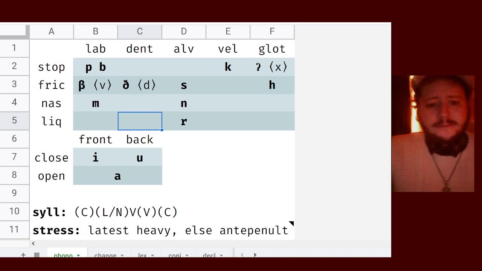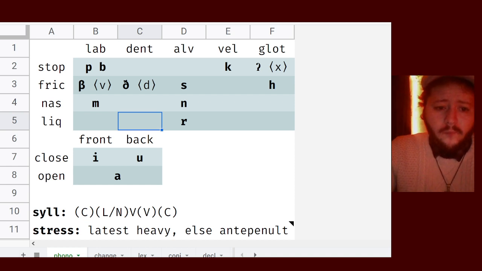It doesn't change the meaning though, so they're like acceptable pronunciations, I guess. Then what you see there underneath that is syll, S-Y-L-L. That's just short for syllable. This is sort of the maximum syllable you can have is a consonant followed by, if it's a plosive at